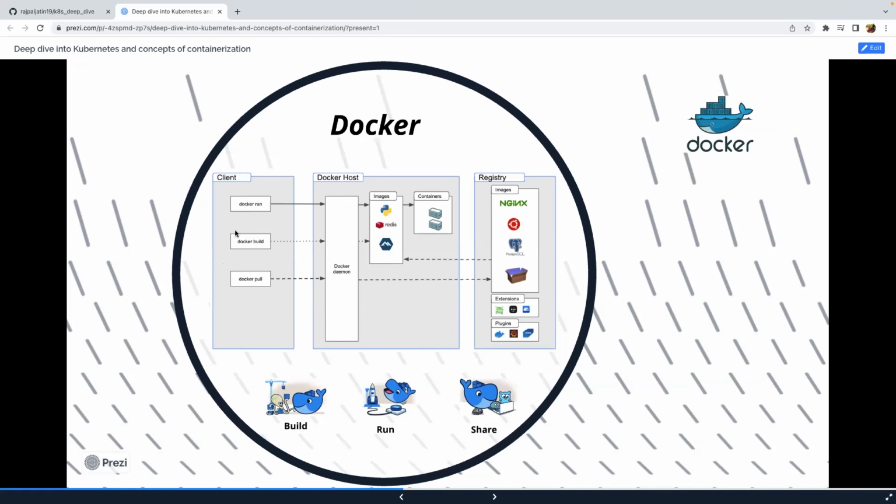So the rectangle on the extreme left, it's basically the client, like us, developers who are developing their applications. So once your application coding and everything is done, what you can do is you can just build your application through Docker build. So Docker run, Docker build, Docker pull. These are the 3 commands that Docker offers. Through Docker build, you're going to build your application. And during the demo, I think we'll be able to see how we are going to build that application. But just be aware of the concept that first we do the build.